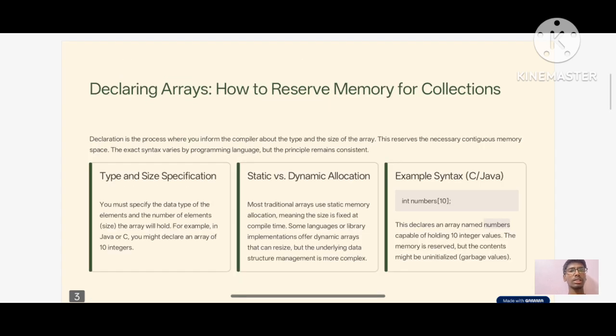And the next part is declaration of arrays. How to reserve memory for collections. Declaration is a process where you inform the compiler about the type and the size of the array. This reserves the necessary contiguous memory space. The exact syntax varies among programming languages. In C language, it is taken as